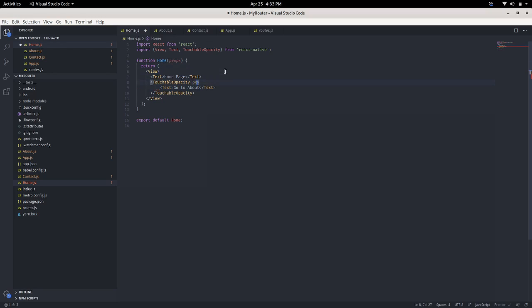Here we will define an onPress event, handleAbout. This is the function name. We will define a constant handleAbout equal to React.useCallback.